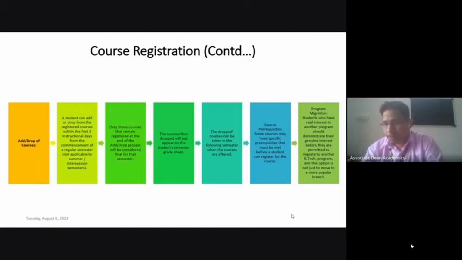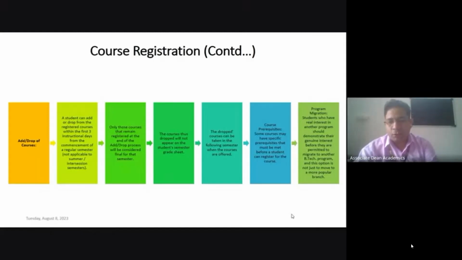CGPA should be above 8.5. Based on this weightage, we will prepare a rank list of students, and we will check how many students are already admitted in the program to which you want to migrate.